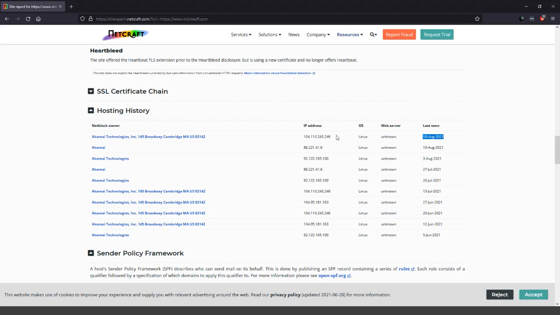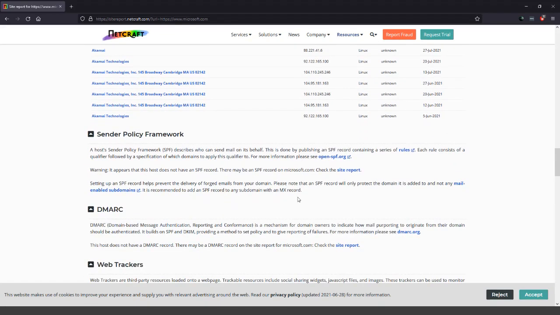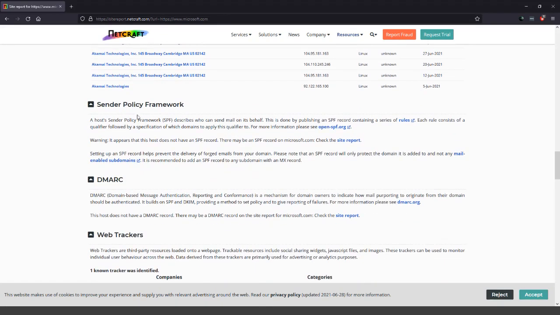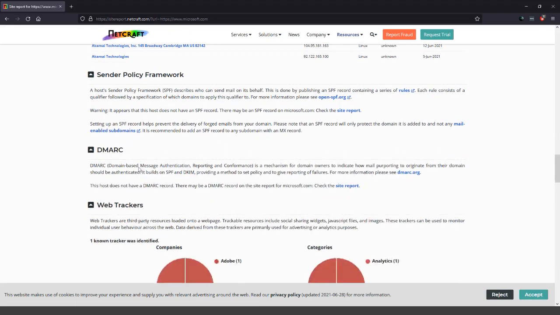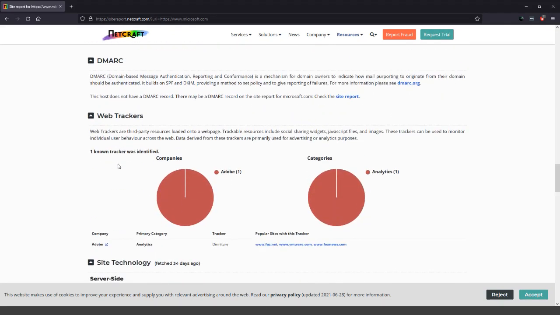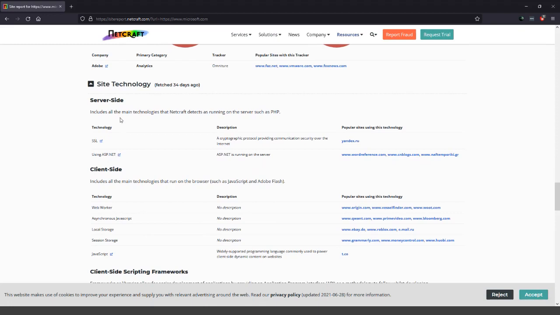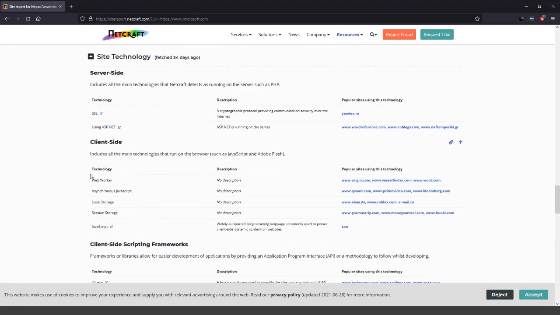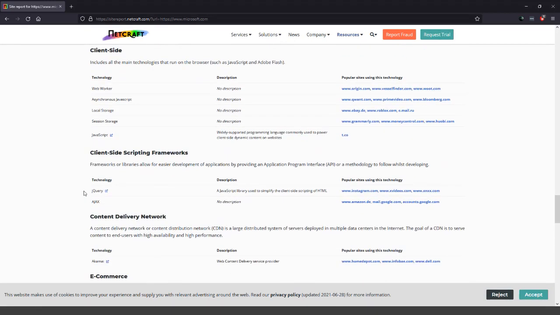So this means to say, most likely this is the current IP address for the web server. Scroll on further, we can see if there's any SPF, which is a Sender Policy Framework, any DMARC, any sort of web trackers. But look at this. We even have the site technology. So you can see the server-side technologies, and you can see the client-side technologies and any sort of client-side web